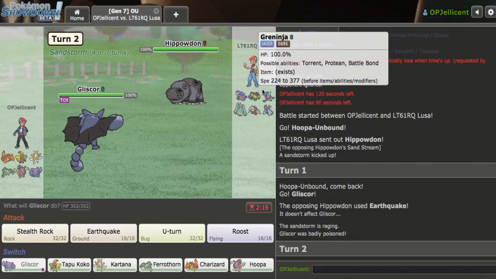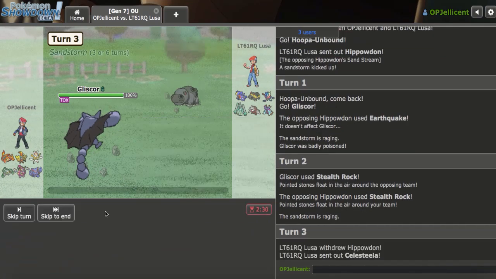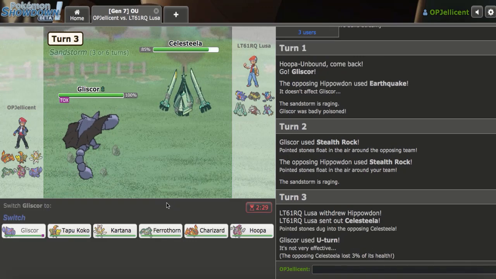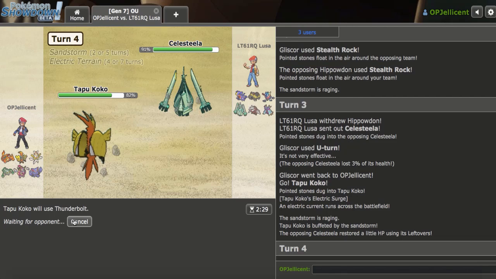On the Earthquake. Yeah, I'm not leaving in my Hoopa, my guy. That thing's way too good against you. Let's get up rocks here as they get up their own. That's fine. I'll go for the U-turn as they go Celesteela. I'll go to Tapu Koko. And then Thunderbolt, and then I'll go for the